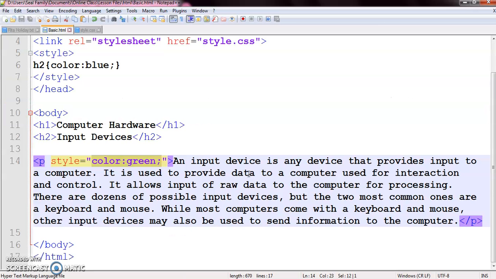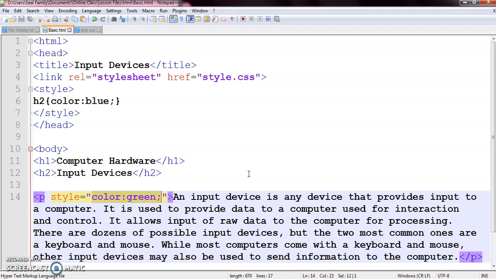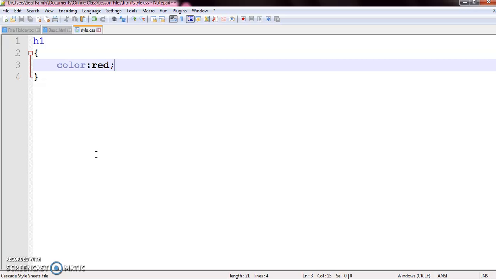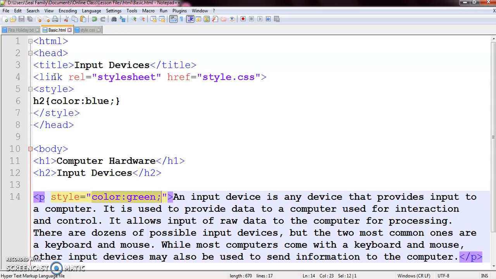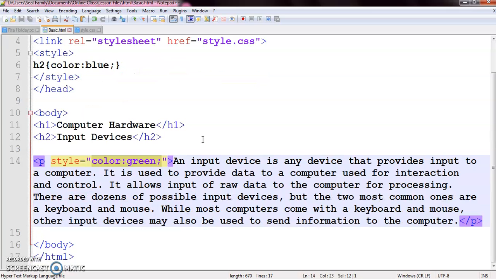Now the question arises, where to use which? If you want to change the appearance of a multi-page website, you can use the external style sheet. Actually, using the external style sheet is always the best option, because using a single CSS file, you can write all the style code for your entire website, and just linking with the link element, you can change the look and appearance of your whole website.